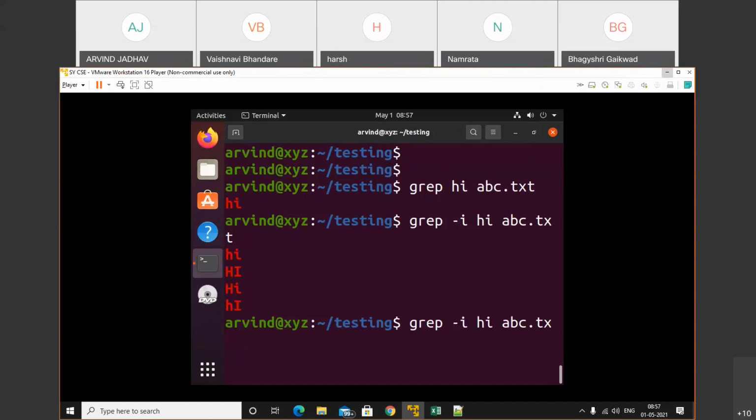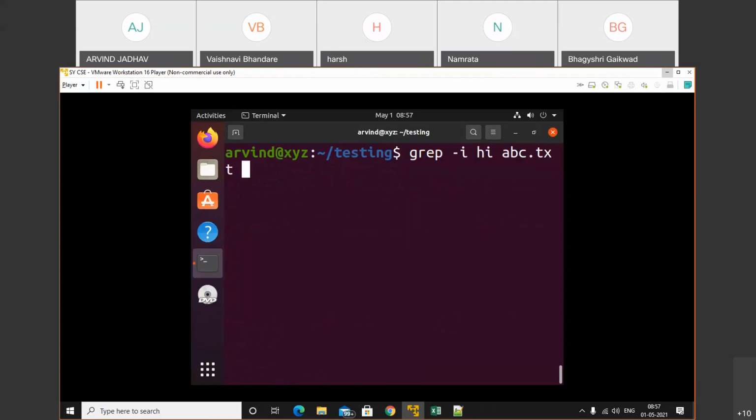So we'll read one more time that file, update it, and I will add the word hi ABCD. Now I'm trying to search that hi word. So we'll get this output with the case insensitive hyphen i option.